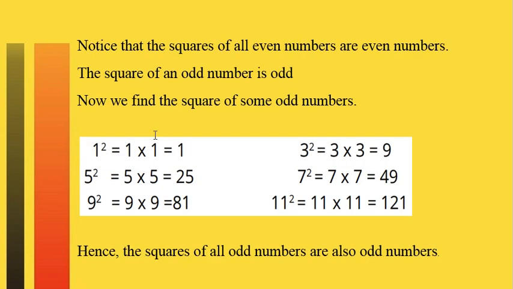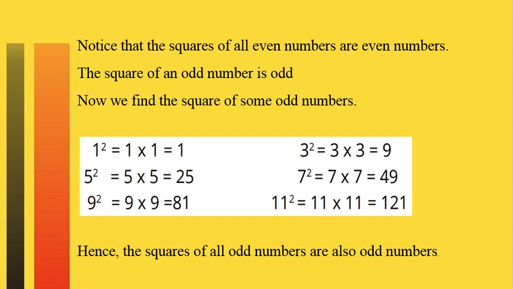Okay, now the next property. Notice that the squares of all even numbers are even numbers. Yes, we have noticed. Now the square of an odd number is odd, and we will see over there. We will start from an odd number, that is 1. So the square of 1 means 1 into 1, it is equal to 1. Now the next odd number is 3. 3 threes are 9, and the next odd number is 5. So 5 fives are 25. The next odd number is 7, and the square of 7 means 7 into 7, it is equal to 49,